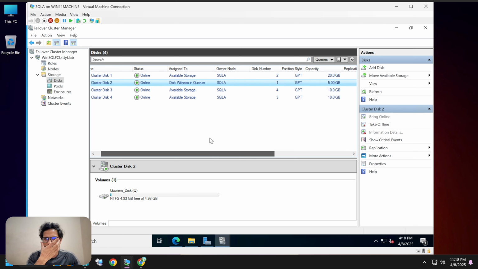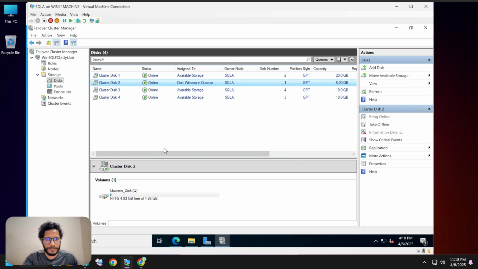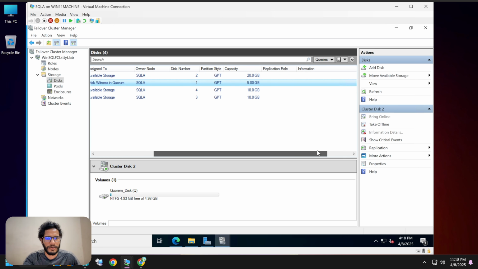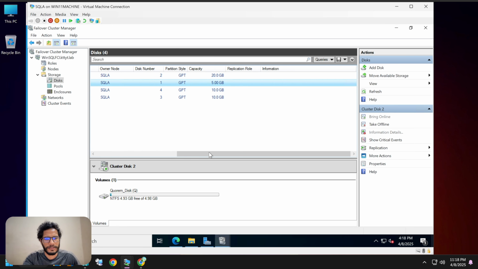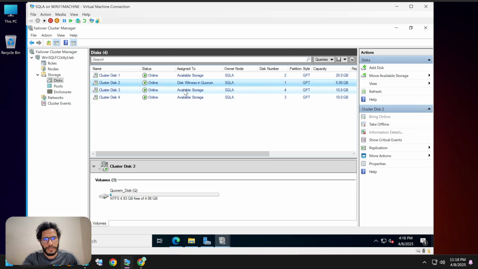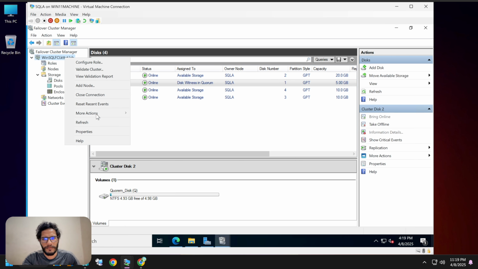So as you can see, disk witness in quorum. So this is the disk witness. You remember we created a 5 GB quorum disk, and it automatically took that 5 GB as the quorum disk. Now suppose it did not take this as a quorum disk, then you can manually assign the disk which you want as the quorum disk. On your Windows SQL FCI ktt.delab, you have to right click and go to more actions. Under this you will find